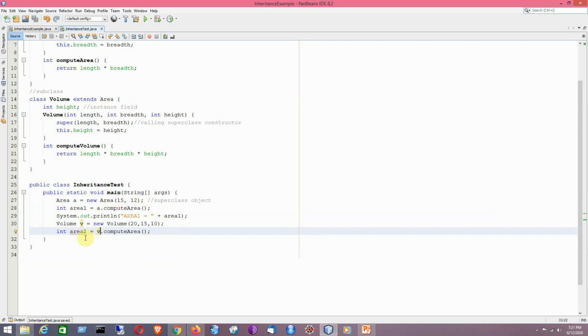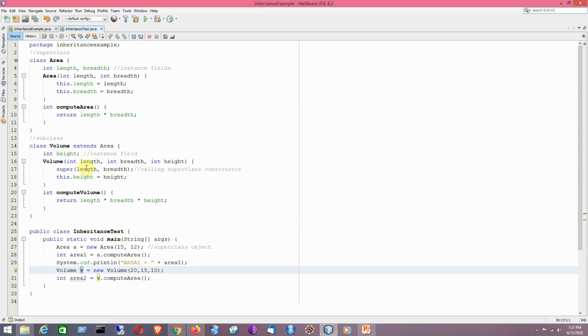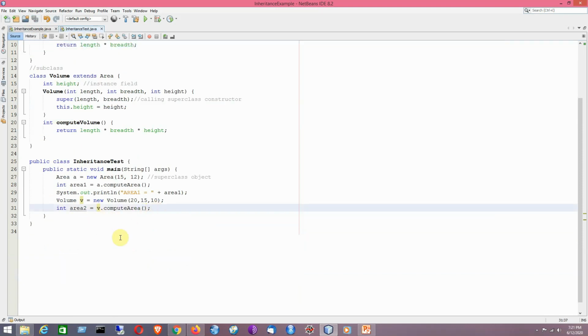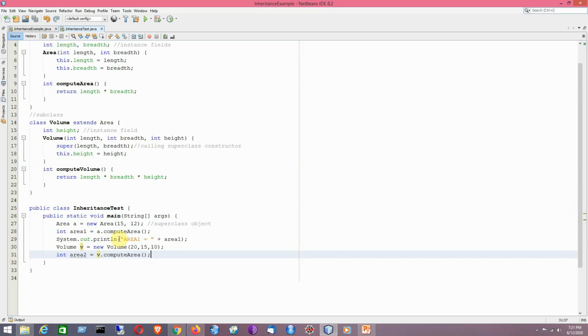There is no compilation error because auto compilation is on. By using the object of the subclass I am able to call the superclass method. That is the concept of inheritance. By the inheritance property a particular subclass will be able to access the properties of its superclass.